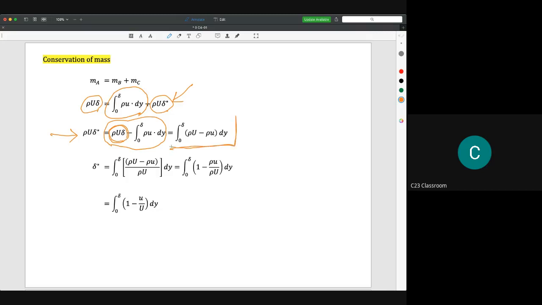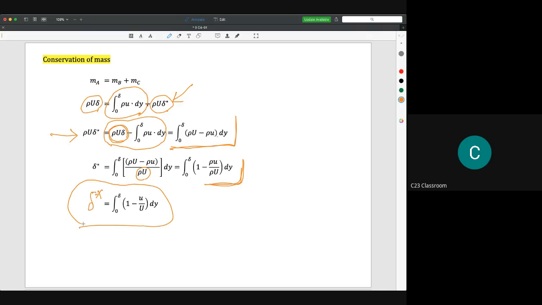And then if we do the integral, it means we simplify the equation. So we divide all terms here with rho and u, and then we could write it as this. So finally, we could say that the equation for delta star is actually this term. So I hope you could remember